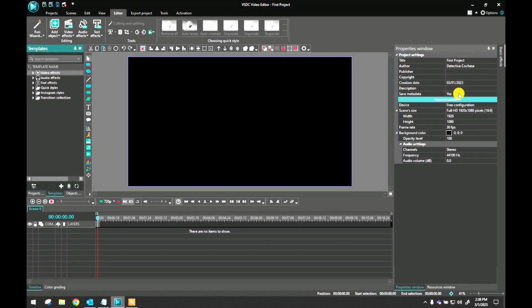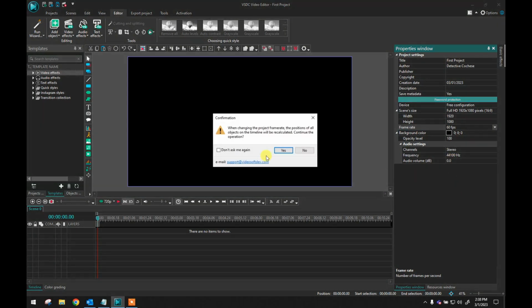Here's all the metadata where you can configure frame rates, your background colors, as well as your audio settings. So if you messed anything up or wanted to change something down the road, say you want to change your frame rate to 60, you can go in here and choose 60 frames per second, and your project has just been